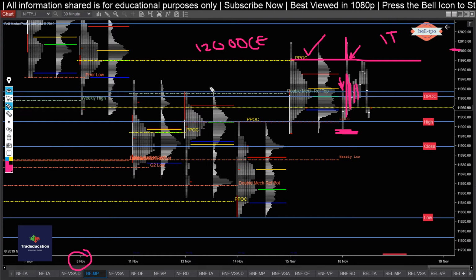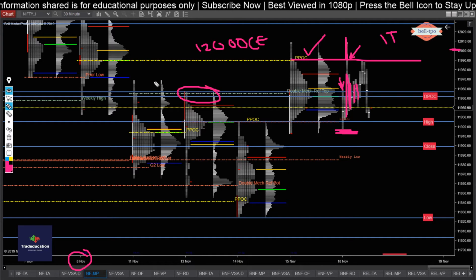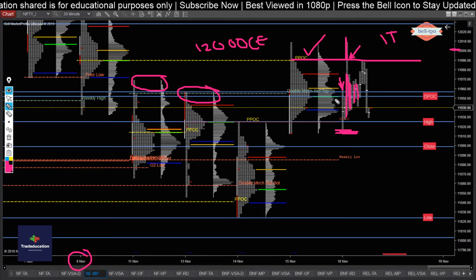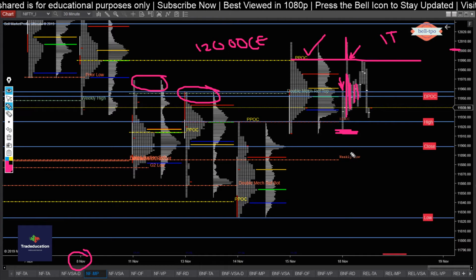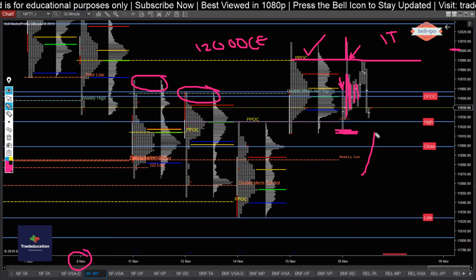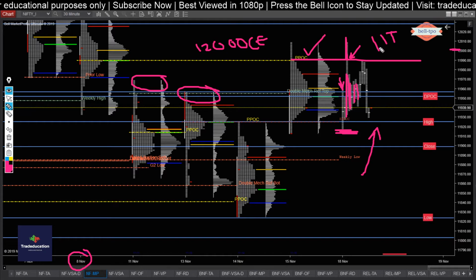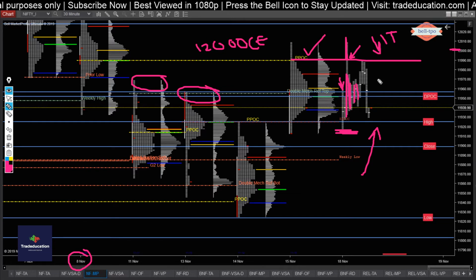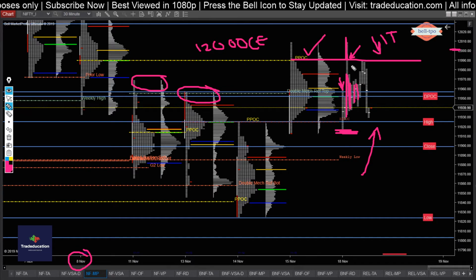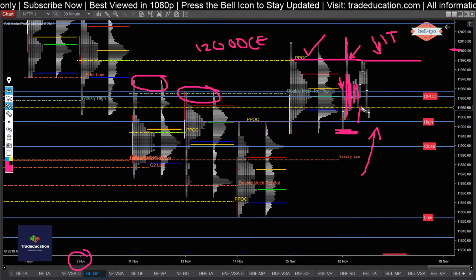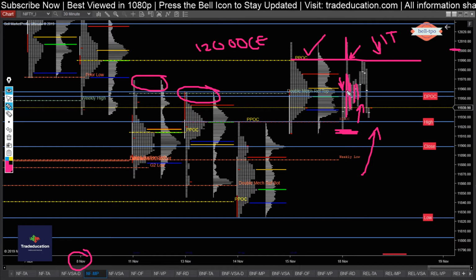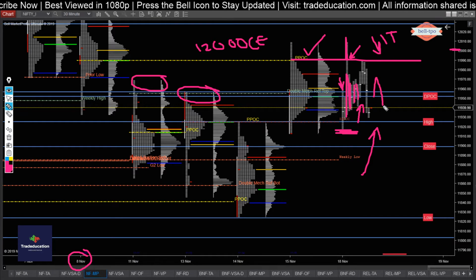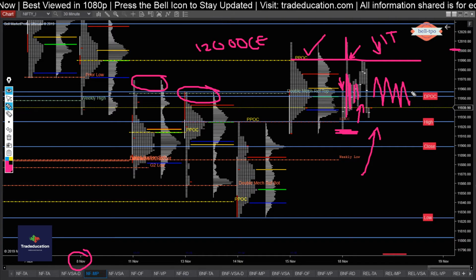A lot of time was being spent around the highs, this high and this high. This gave me an indication that the buyers are strong and the sellers are weak. Whatever the sellers were trying was more of absorption of supply. Whatever supply was coming in, the buyers were just absorbing it. Whenever this sort of sideways movement was developing, that was happening.